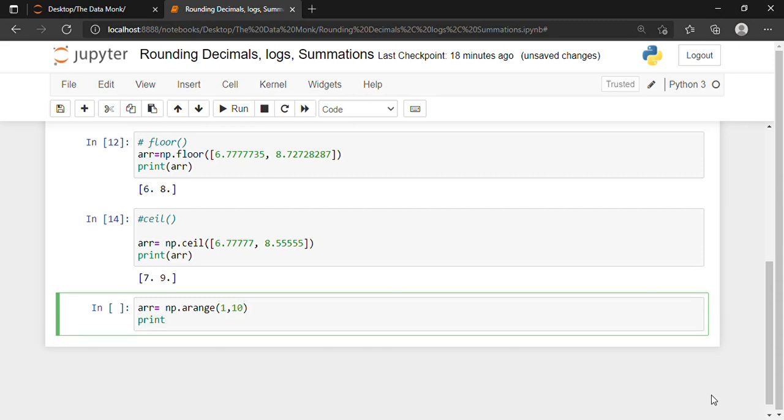So print np.log2 of arr. Shift and enter.